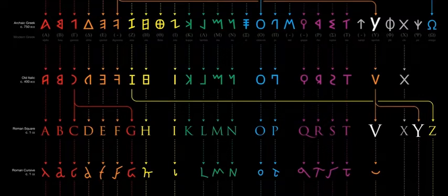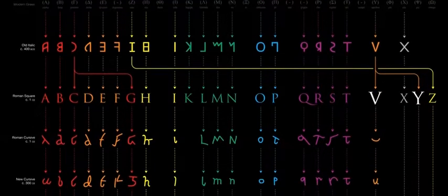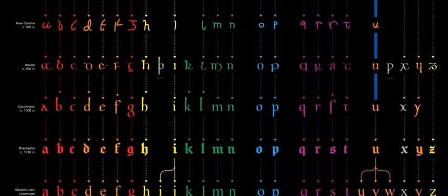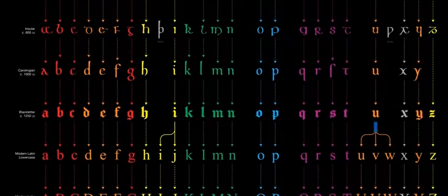Sometimes it was a vowel, like in Julius, but sometimes it was a consonant, like in the word valens, which means strong, although the Romans would have pronounced it closer to wallens. Eventually, the letter came to look like our U, but it continued to do the work of both U and V, as well as sometimes W, all the way up until the invention of the printing press. At that point, it was split into U and V, and then eventually a W was added as well,